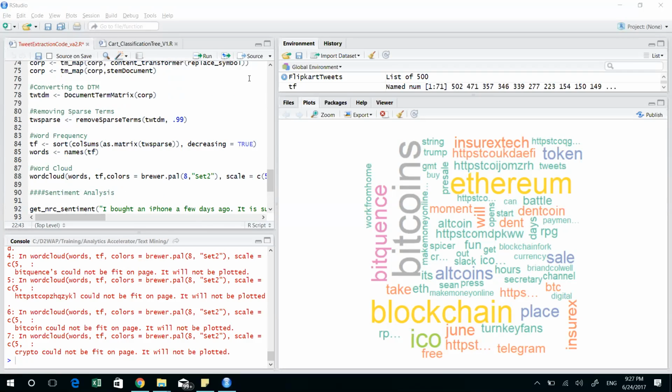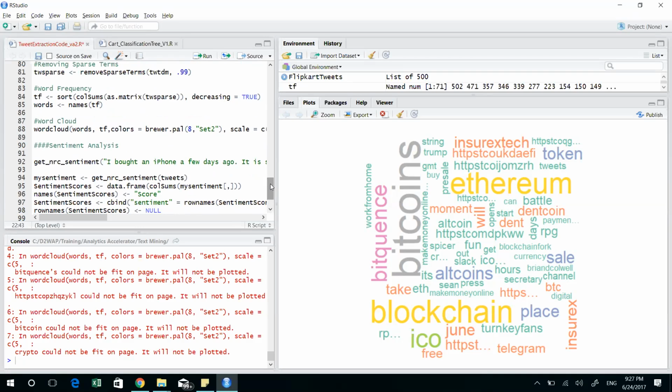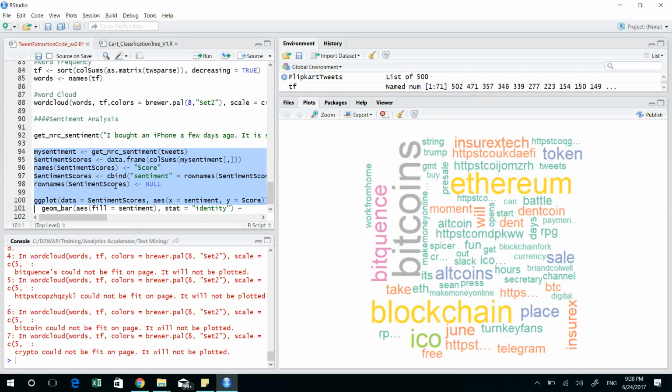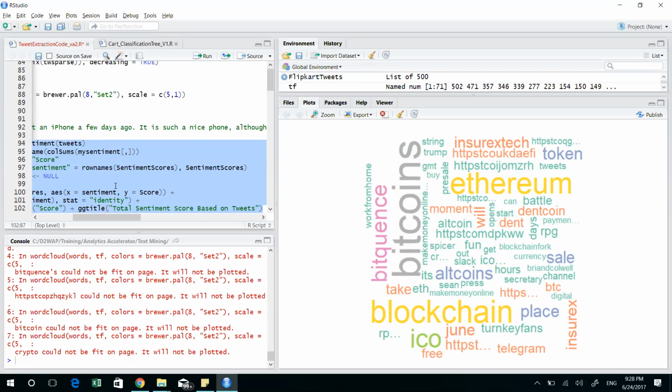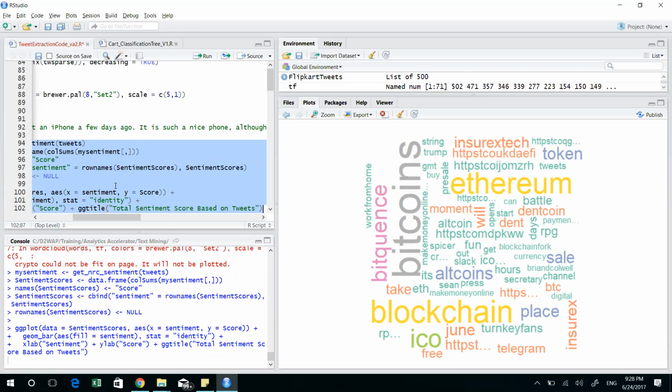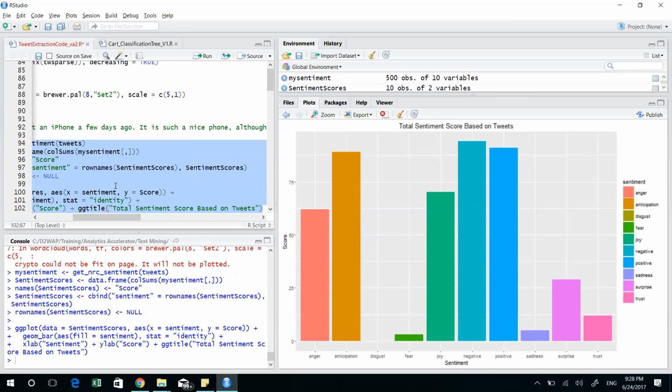Okay, so guys, once we have looked at how to summarize the text, let's also try and understand what people's sentiment is around this particular text. Now, we have a specific function in R which gives you a quick view of what kind of sentiment people have towards a specific topic. And this topic currently is Bitcoins. So I'll run a quick sentiment analysis on Bitcoins and see what kind of sentiments people hold on Bitcoins.